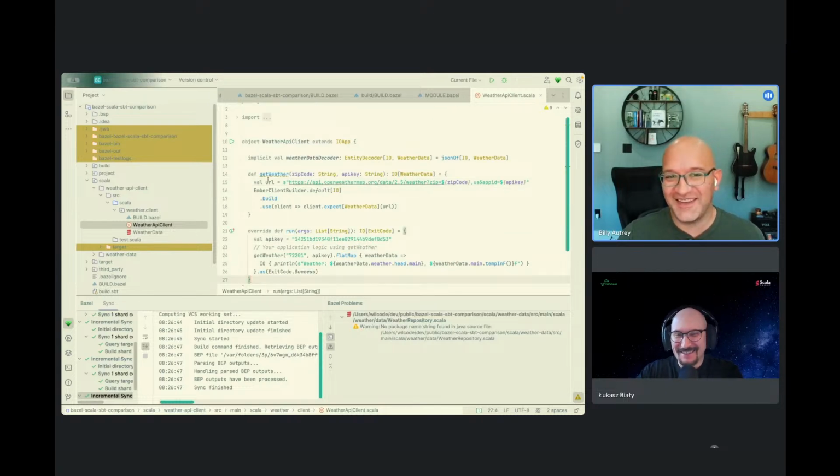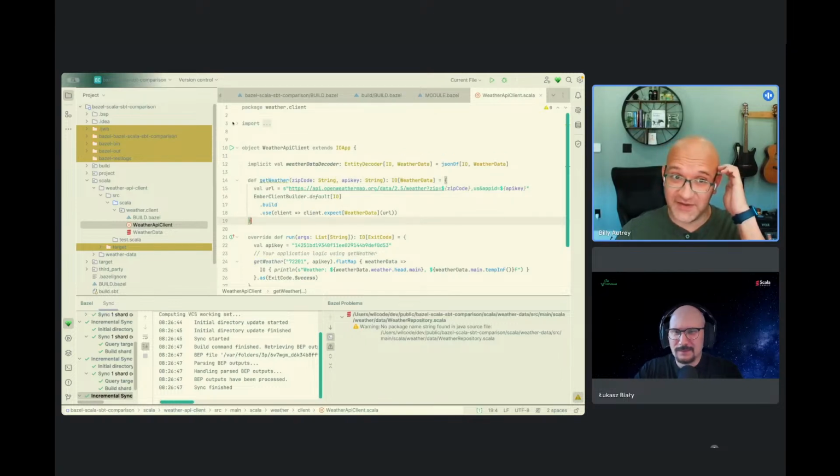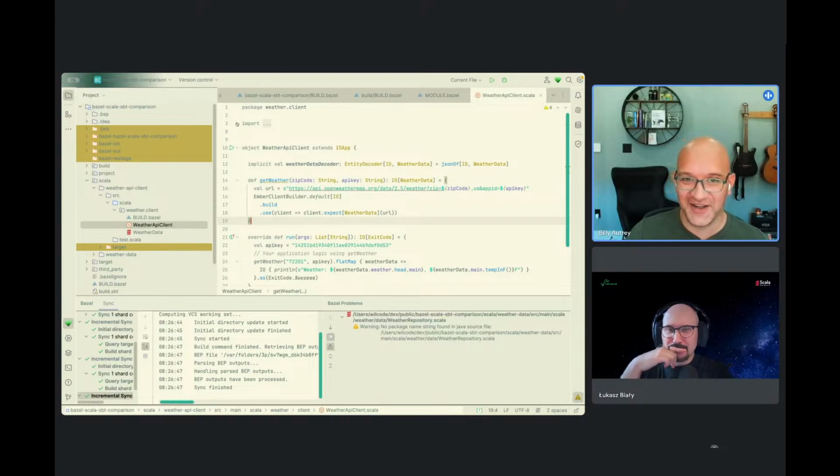But the idea here is pretty simple. It's just going to this API and getting the weather, right? I'm actually not a cats person. This is generated. This is what Gemini recommended to me, so it's kind of funny for me to dip into some cats here.